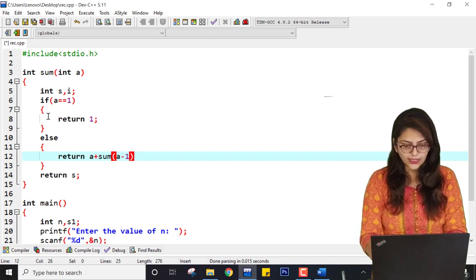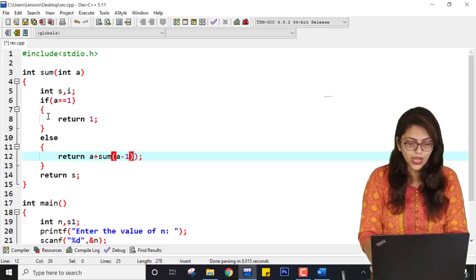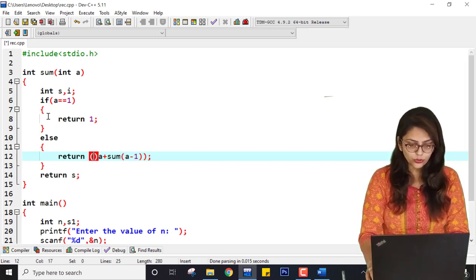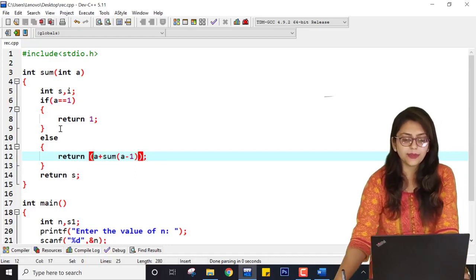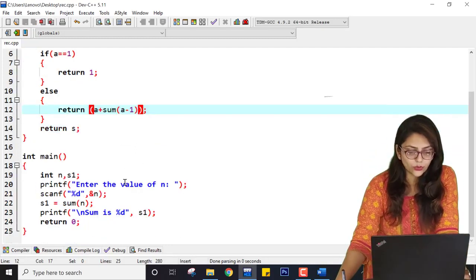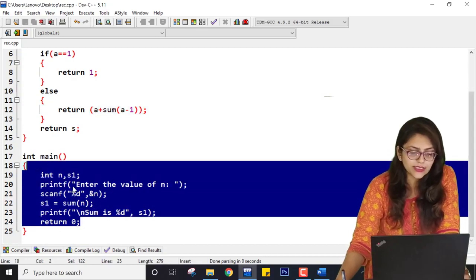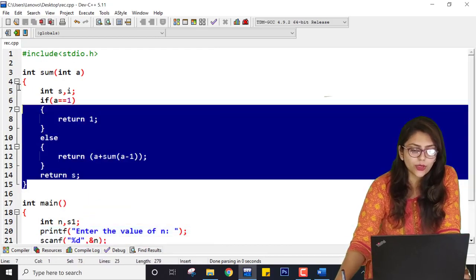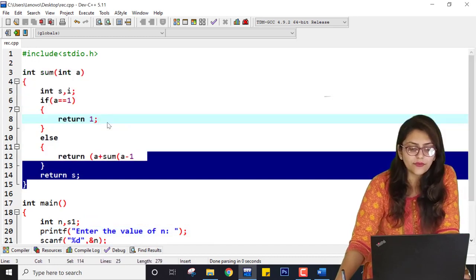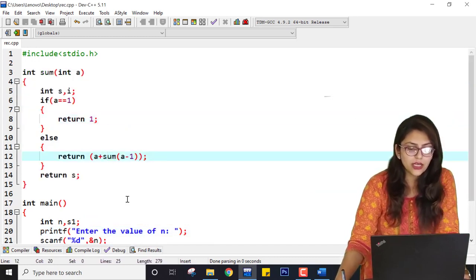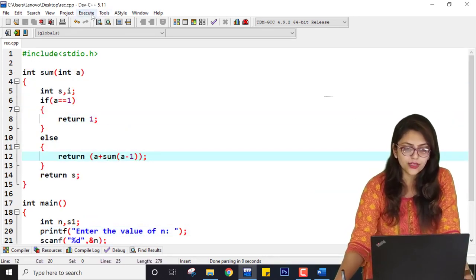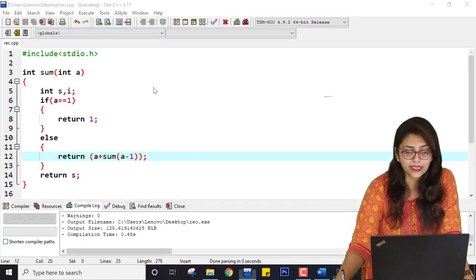I hope you guys are understanding what I am going to do, and to avoid any kind of errors, let me just put the brackets for that, right? So you know that I have not changed anything inside this int main, because recursion deals with the function itself. So inside function definition, I am again calling some function. Let me show you if it is giving me correct output or any kind of error.